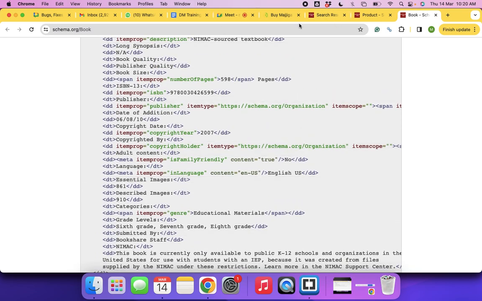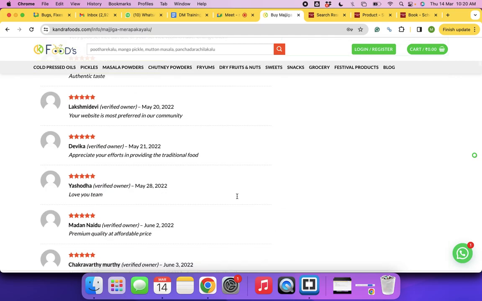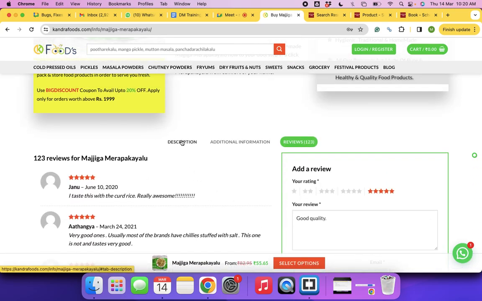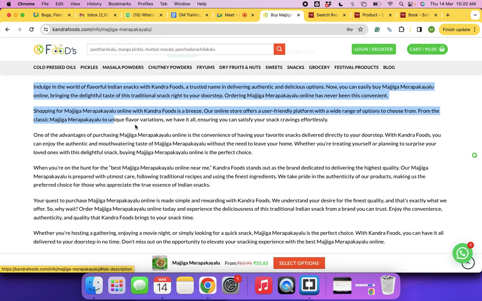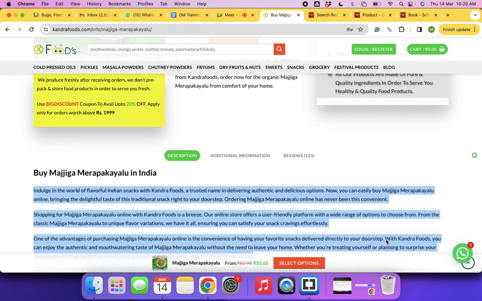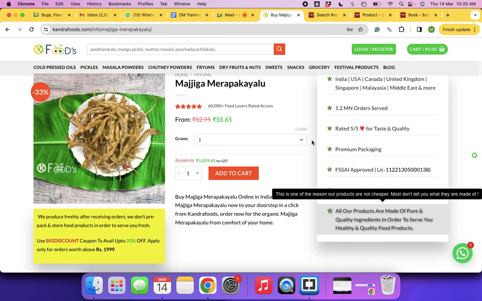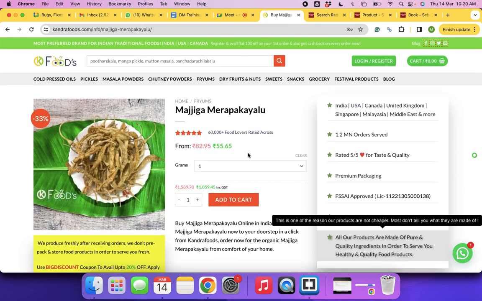And on implementing, what happens is now search engines consider this page to be a content rich web page. Content rich web page is not you adding so much text like this. See, all this text doesn't make this content rich. Content is information rich. If the bot is capable of understanding all these details the way we understand, that's when it treats it as information rich. And when it treats it as information rich, the chances of the bot coming back to this page will be very high. The bot prioritizing this page to rank will be very high. The crawl frequency of your web page will increase. That is one advantage. And the second advantage is, you look at this.